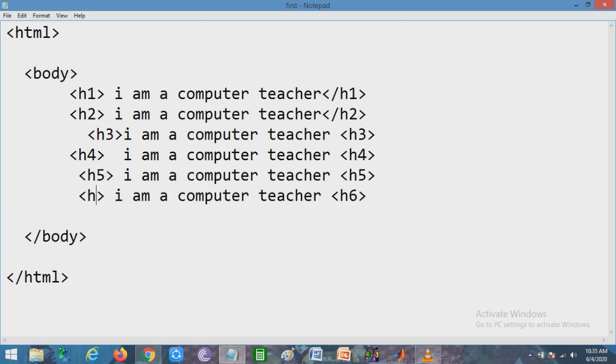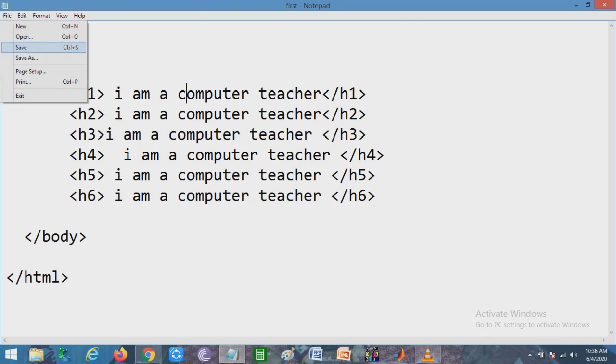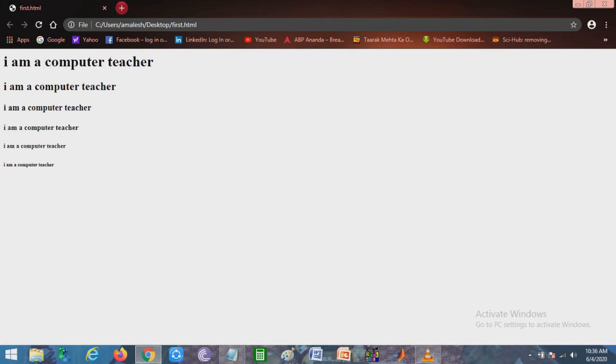Now look at what it does. Here we have written I am a computer teacher in different headings. Okay, that means heading tags, and mentioning the slash, we have to make the end tag. So basically you have that type of tags for heading. Now look at the output, you will have different sizes of the sentence. So you will have different types of output for the different types of heading tags.